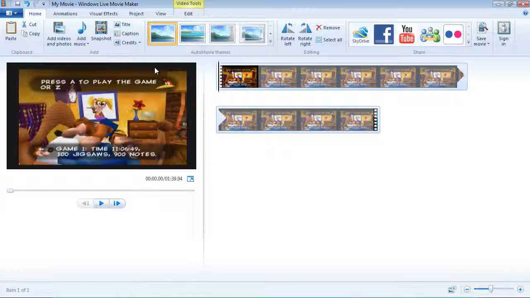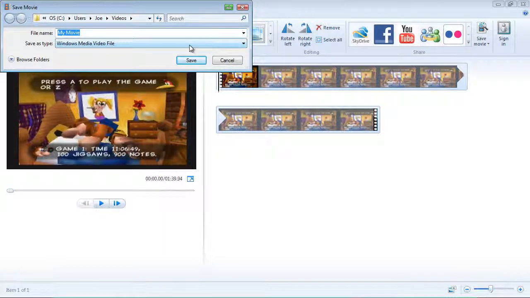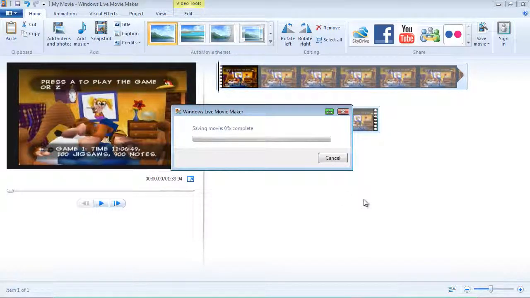So we're gonna click on high definition display, name it what you want. I'm gonna name it Test BK for Banjo-Kazooie, and hit save. And it's going to save the movie in that format. It's not gonna change the ratio at all. If you're at 4:3, it's just gonna make it a little bit cleaner. The video quality will look a bit cleaner, and so you don't have to worry about the video becoming widescreen